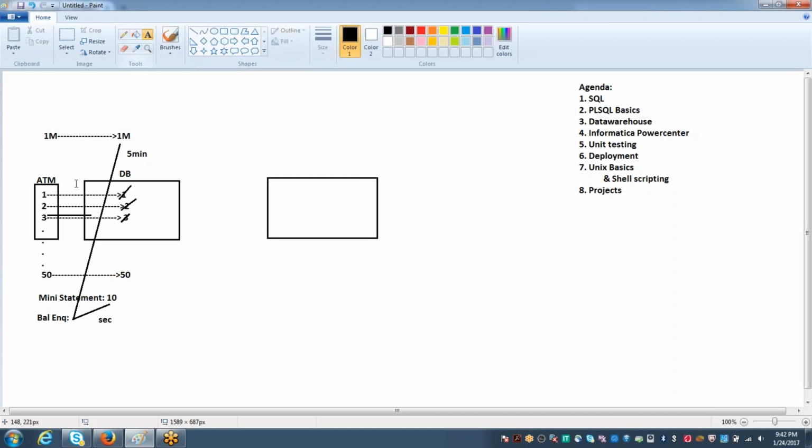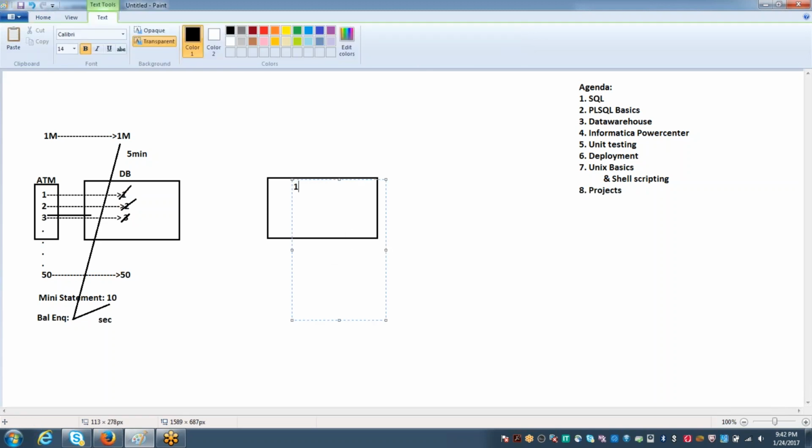Whatever transactions the user makes, the first transaction record is inserted into the first database. The same first record is also inserted into the second database. As soon as the user makes the second transaction, first it is inserted into the first database, and the same second transaction is also inserted into the second database. As soon as the user makes the third transaction, first it is inserted into the first database, and the same third transaction is also inserted into the second database. Like this,